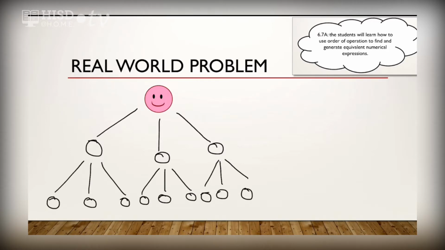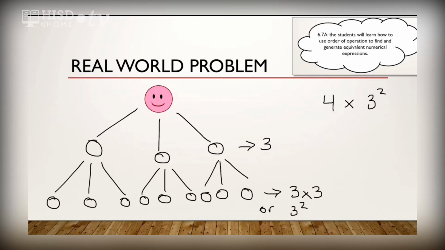So I can see that there is a pattern here. On this one we have 3 people, and then on this one we can write the expression 3 times 3, or another way to write it is 3 to the power of 2. So I can further say that this behavior was done 4 times because 4 friends did this exact same thing. So now comes the order of operations, where I don't know if I have to multiply 4 times 3 first, or what I have to do. And this is where